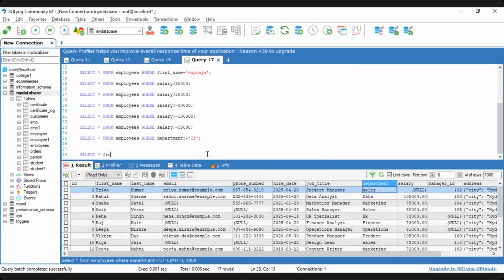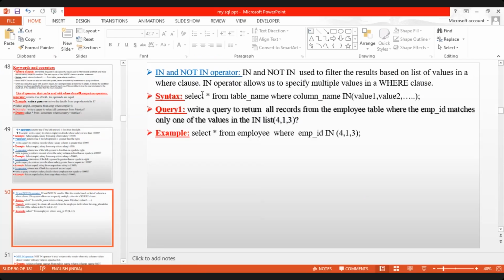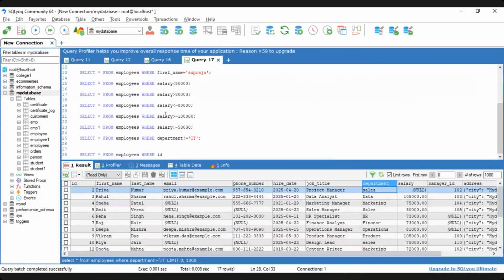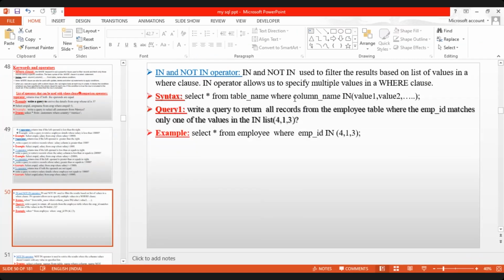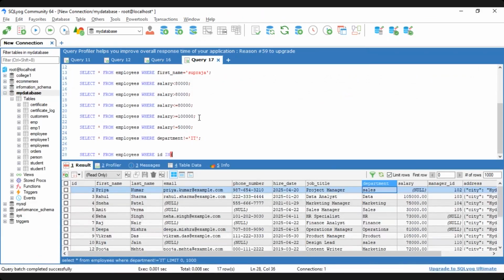SELECT * FROM employees WHERE, first, I'm searching with the IDs. Where you have to give the column name. Here you can see the syntax: SELECT * FROM table name WHERE column name IN values. So here I'm searching IDs. I'm giving the column name, and you just have to give the IN operator to return the list of values. So I'm searching only IDs 1, 3,